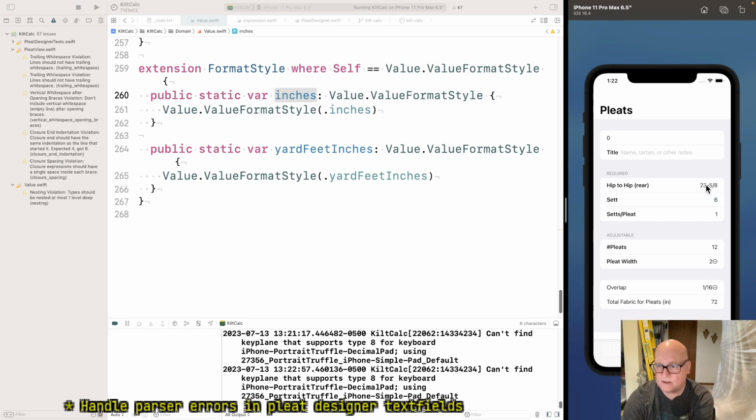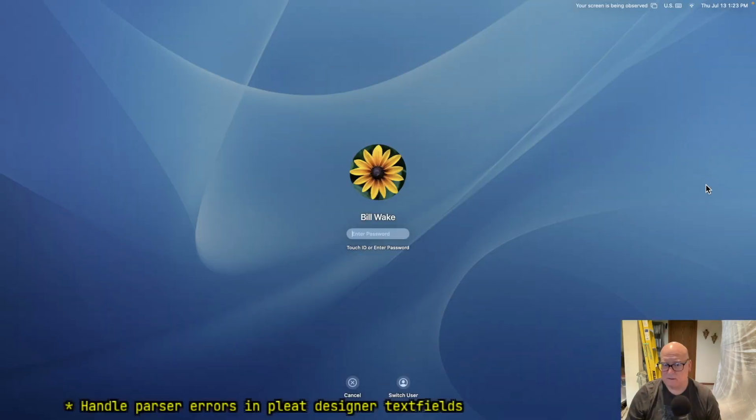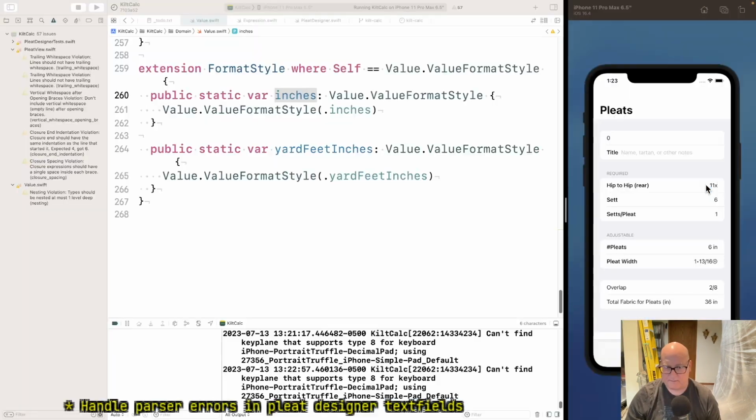Okay, and let's see, 11 gets propagated. If it was 112, it gets propagated. 11, I hit the X, nothing changes. Well, that's not quite true, is it? Whoops. 11.